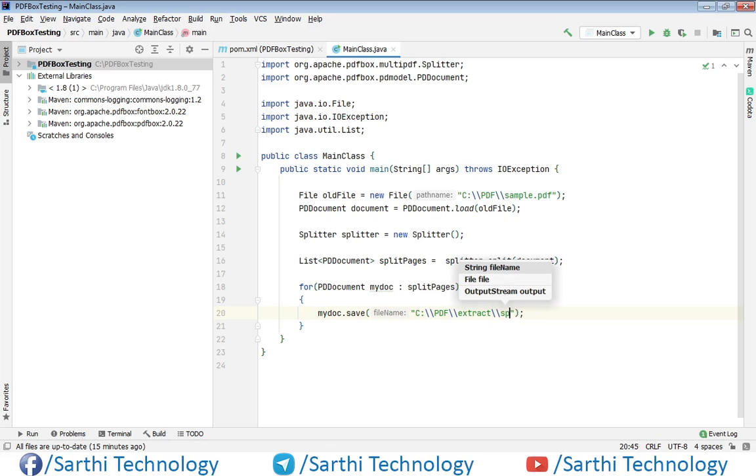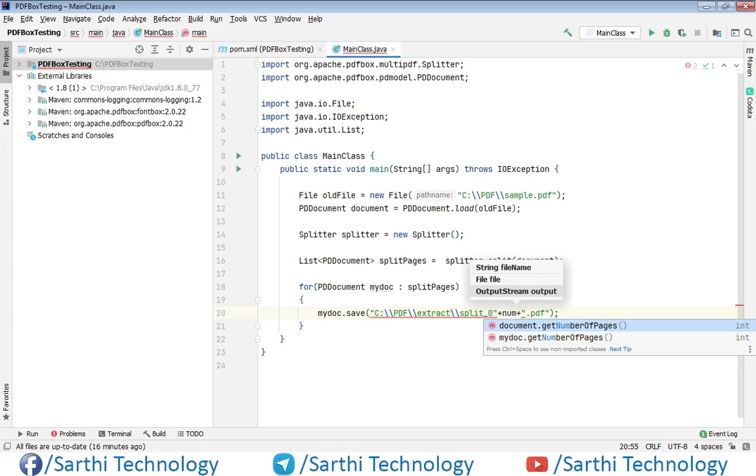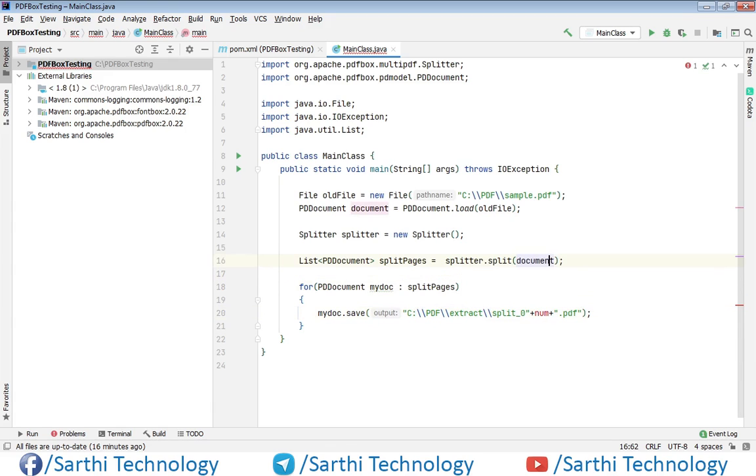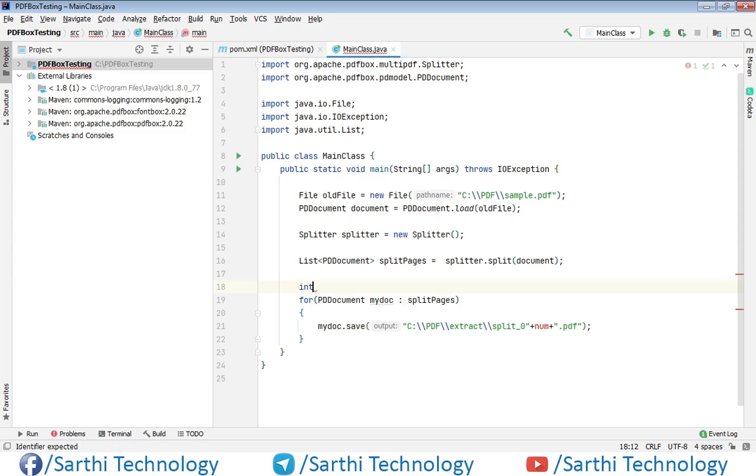So we will save split underscore 0, then we will put a number, .pdf, and here we will put num, and this num will be int num equal to 1.